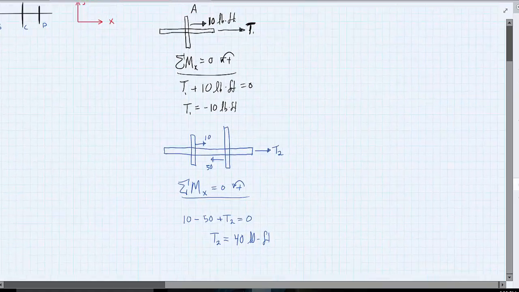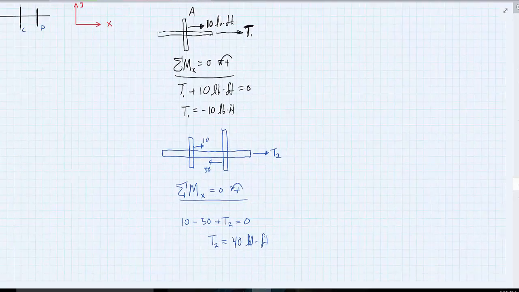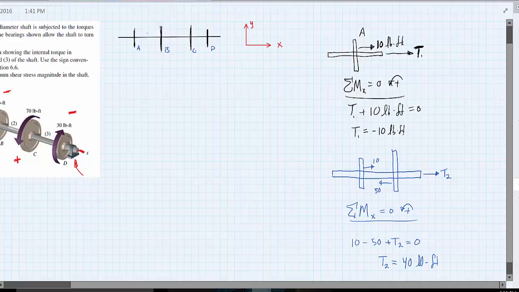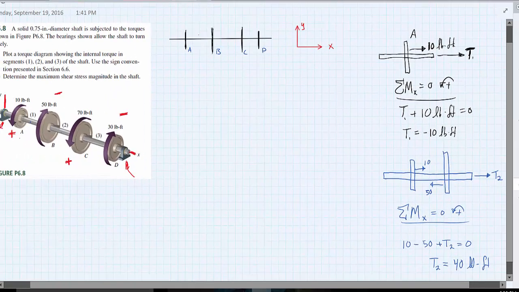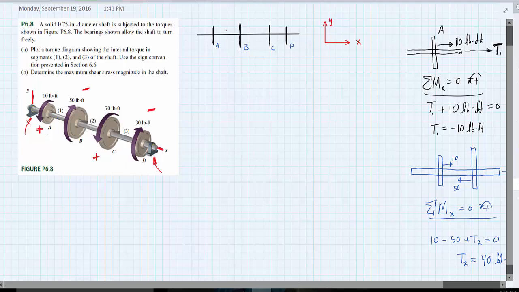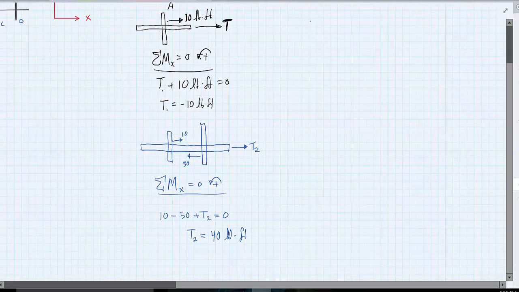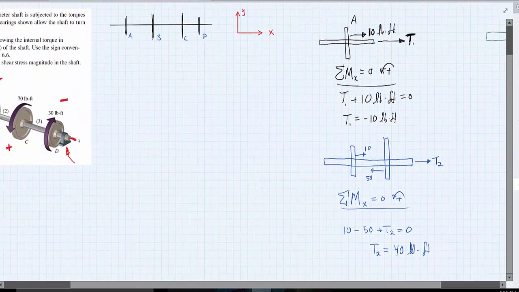So again, what I'm going to do now is, I said earlier I'm going to make a cut between C and D. So if we look at our original diagram here, if I start from D and move inwards and draw a free body diagram of this, we can isolate that and separate it from the rest of the member. And that might be a little bit easier to help remember our sign convention. So our third free body diagram here with D has, remember, a negative 30 foot-pounds,